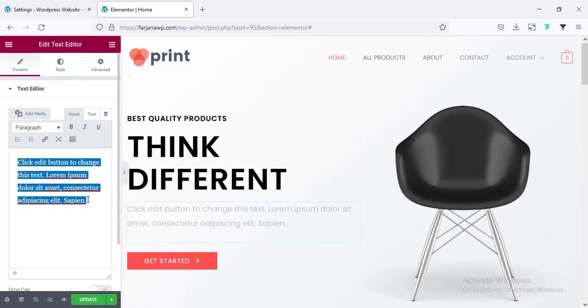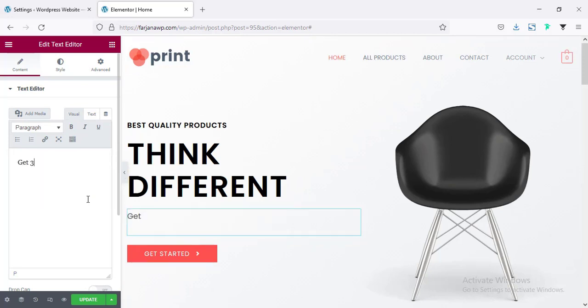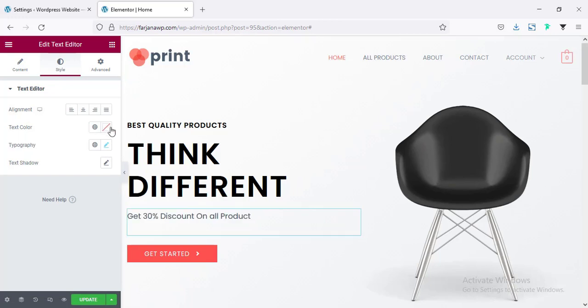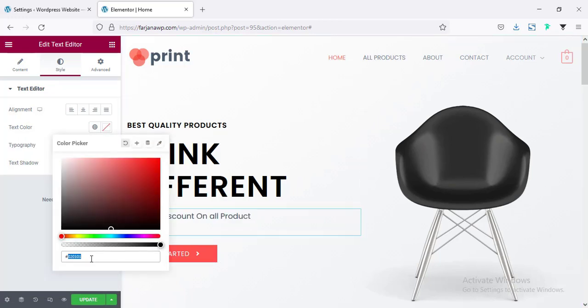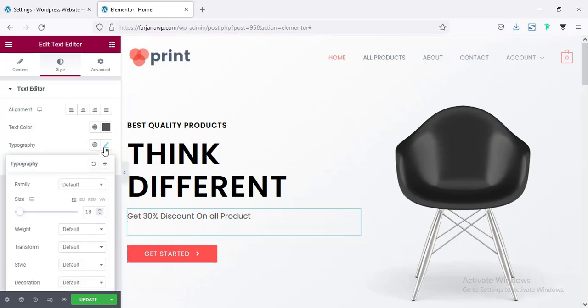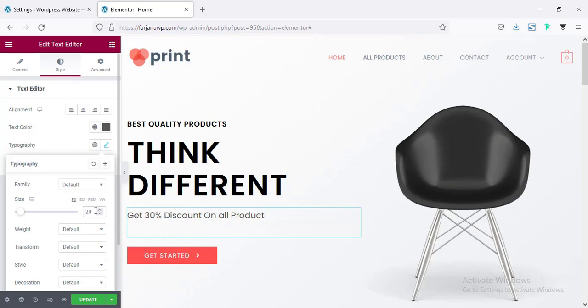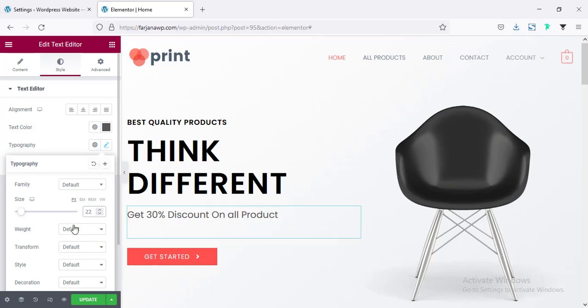And here I'm changing this text also. So here we can type something like get 30% discount on all product, and here we can increase the text size. Going to style tab, and text color we can set it to the 555, and going to typography we can increase this text size to 22, and text transform making it to capitalize, and weight we can make it to lightweight,